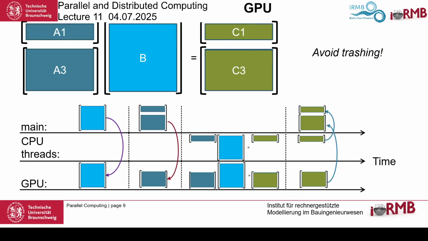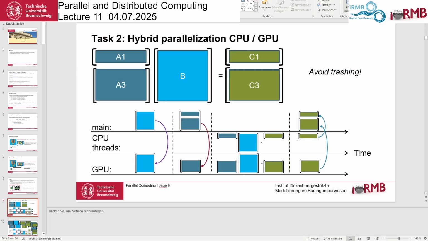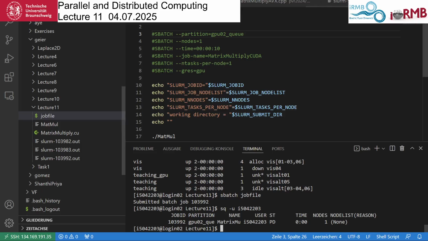Do I have anything else? No, actually, that's already it. Yeah, maybe. So it depends on how far we get with this. So, okay, let me see. So in lecture 11, I've put the n tasks per node. So if we want to have more threads, then we have to put this higher. So this gives us the possibility to have more threads at the same time.